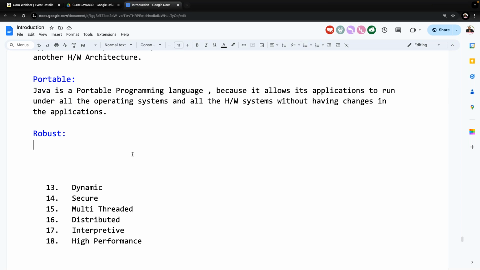All right, all of you observe carefully. Java is using heap memory management system. What is this heap memory management system? Heap memory management system is a dynamic memory management system.